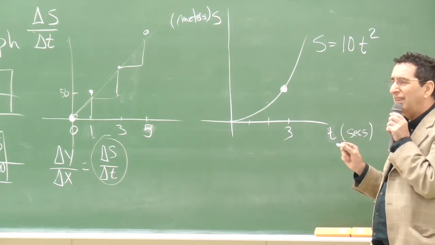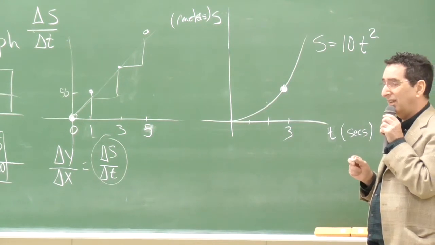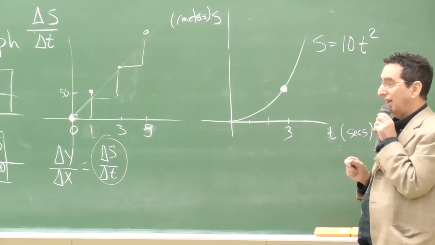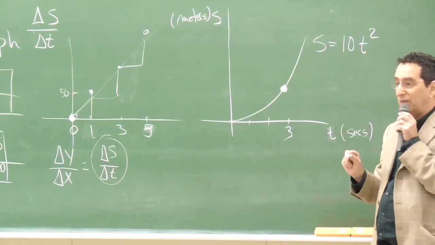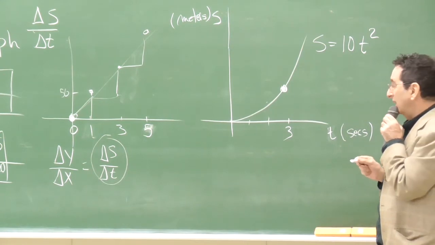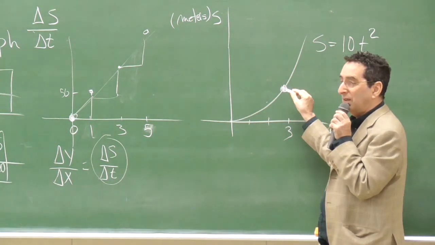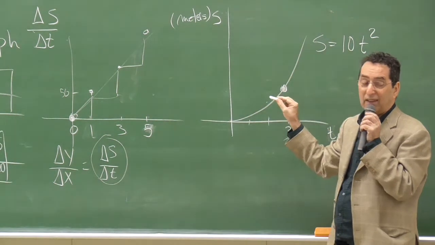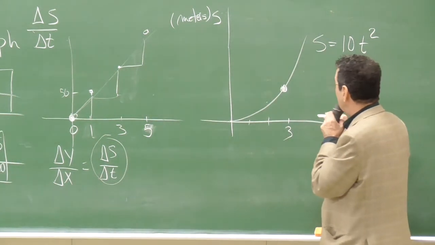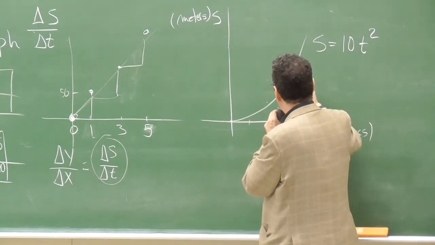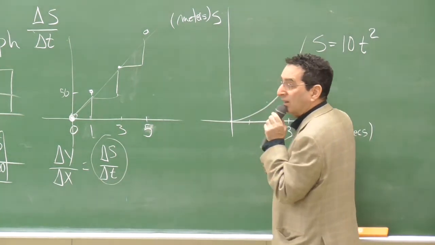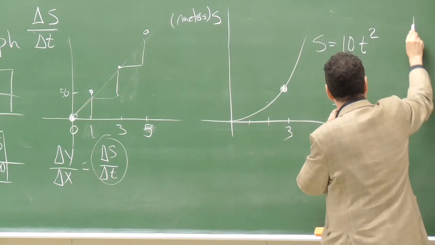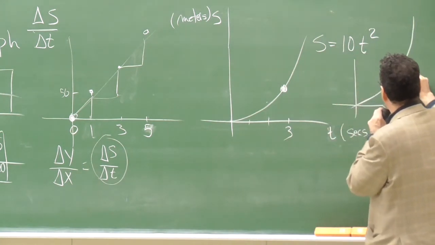I think that's called, in logic, I think they use the word categorical error or something like that. You're using a category in the wrong way. Anyway, it doesn't quite make sense to say what is the slope right there, because it's not even a line. Okay? But we can change the question to, instead of what is the slope of this right here, we can say, we do recognize that if you have a curve, I can talk about